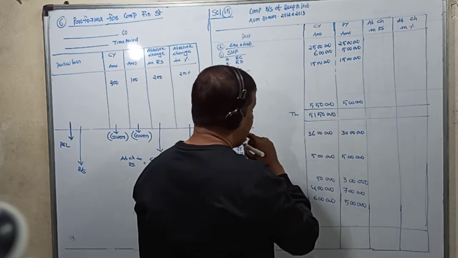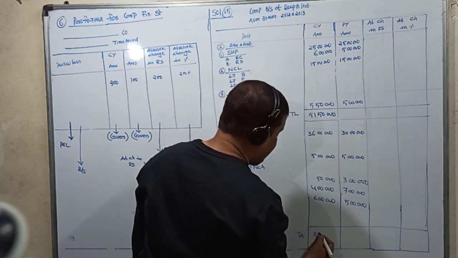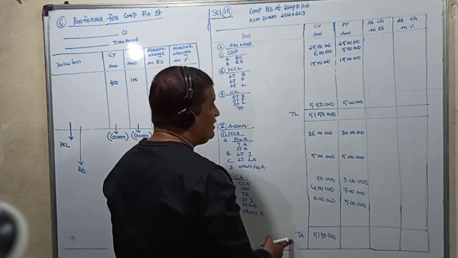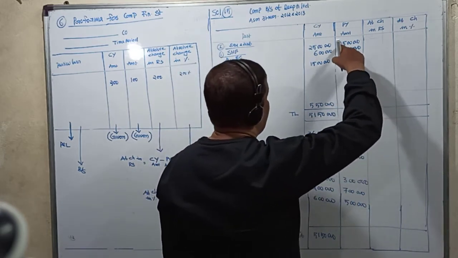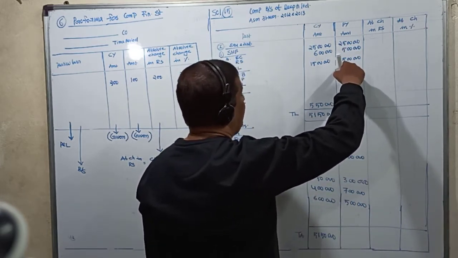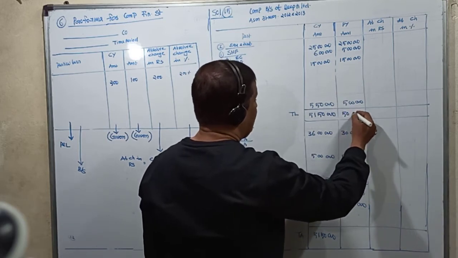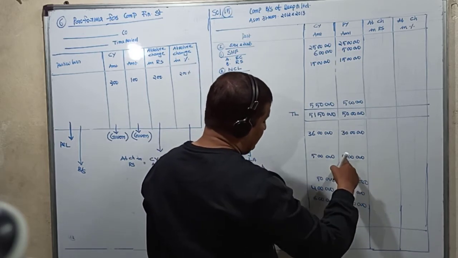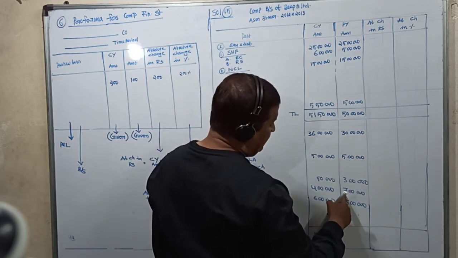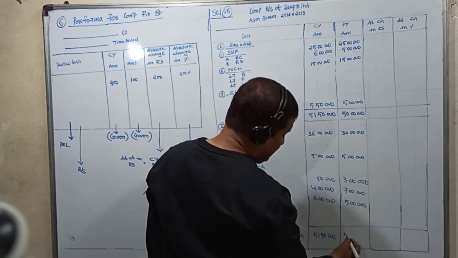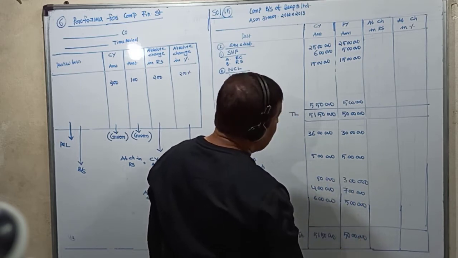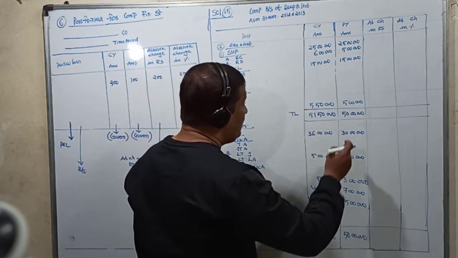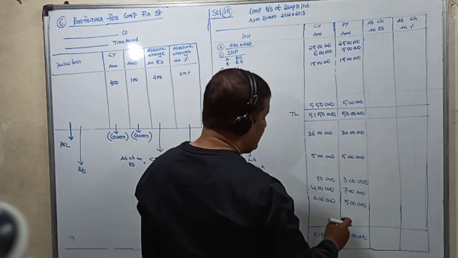You can cross check it. And even this total is coming to how much? 51,50,000. So total liabilities and total assets are the same. What is the previous year total? 25, 30, 40, 45, 50. So this total is 50 lakhs. And even this total: 30, 35, 40, 7 plus 3, 10. So 50 lakhs. So the current year total liabilities and total assets are equal. The previous year total liabilities and total assets are equal.